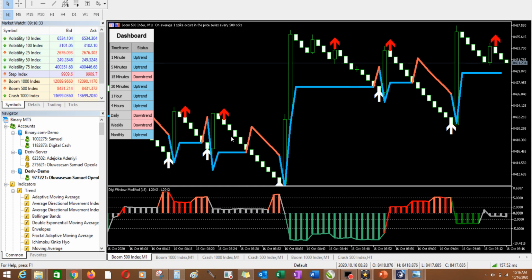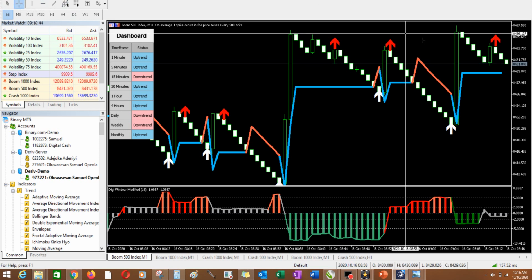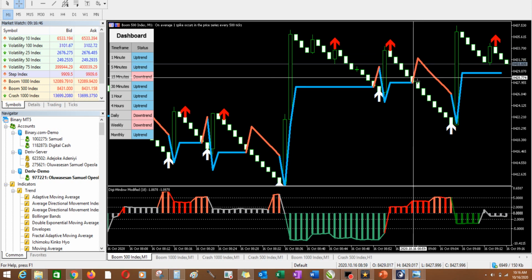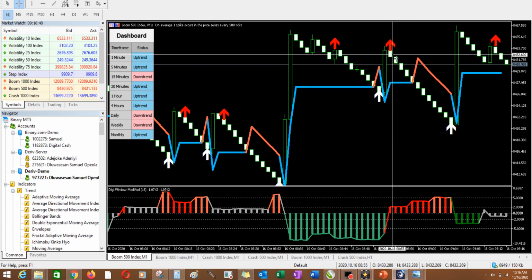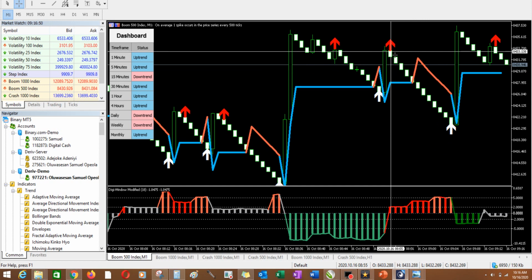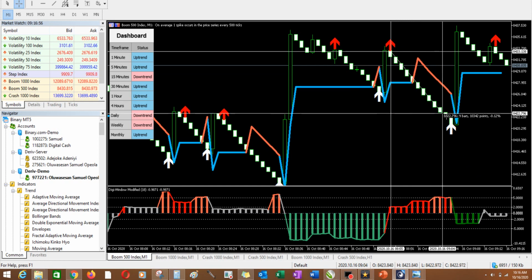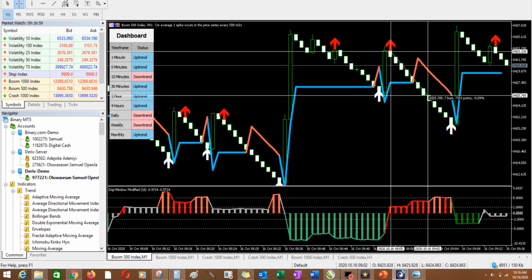For instance, if you are looking for an opportunity to sell, you only have a very good opportunity here. Immediately the red arrow came out, you can come in, and I expect you to exit somewhere here,